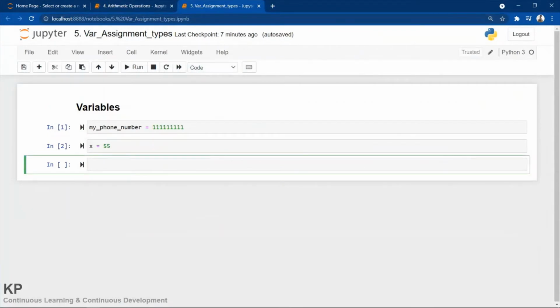So there are some rules for giving the variable names. Let me give the heading rules. There can be many rules, but I'm giving the basic rules as of now.